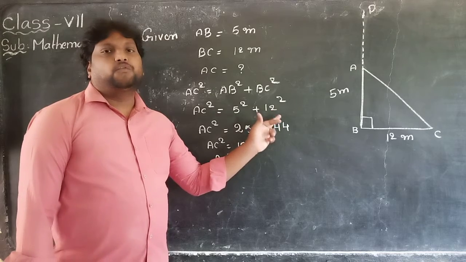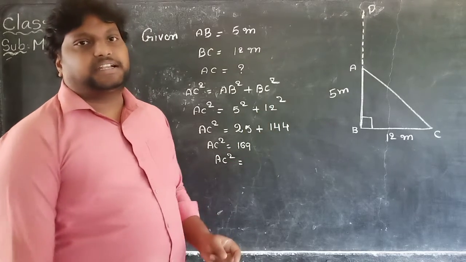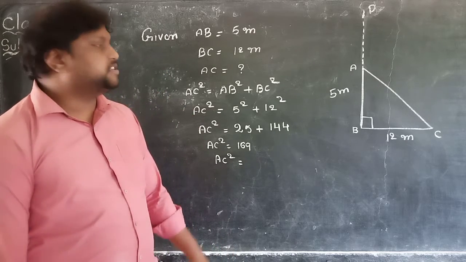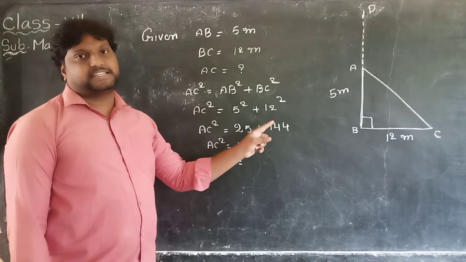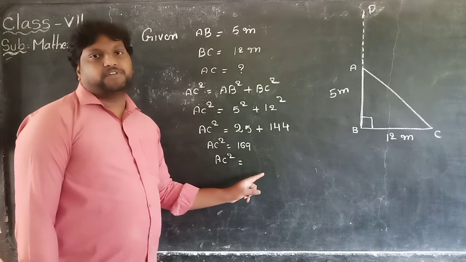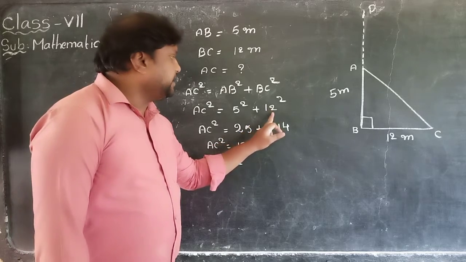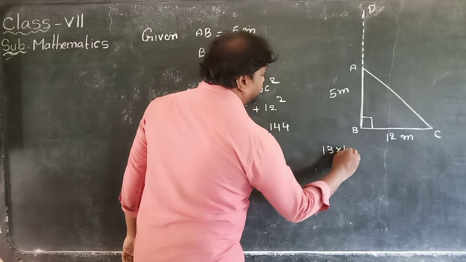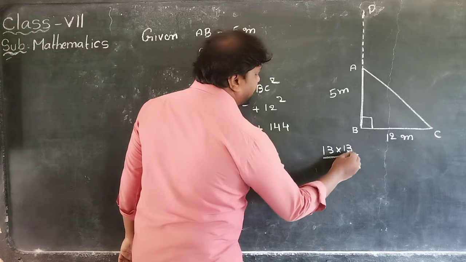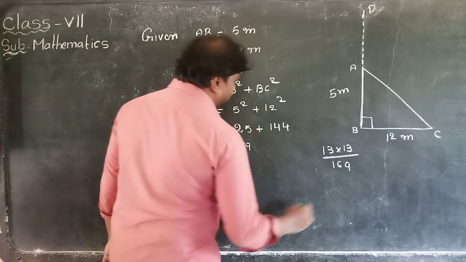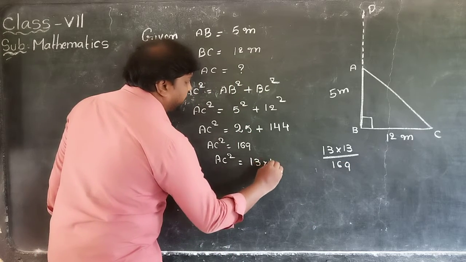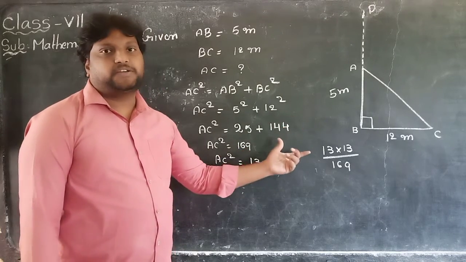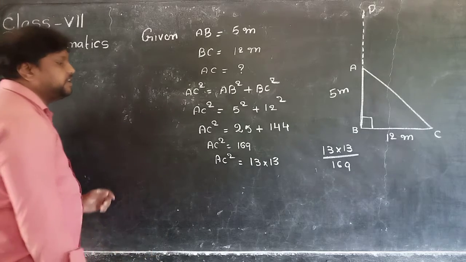Then after 12, what is that? It is 13 and 17. Just consider 13 and 17. No need to check the remaining values. Why? Because if you take 14, it is 196, and the one's place will get 6. Okay, like that, 13 and 17. Now 13 square is how much? 13 into 13. 3 threes are 9. 3 ones are 3, 1 one is 1, so it is 169. Exactly, we can write 13 into 13. 17 also we can take, but 17 squared gives 289, which is not sufficient.